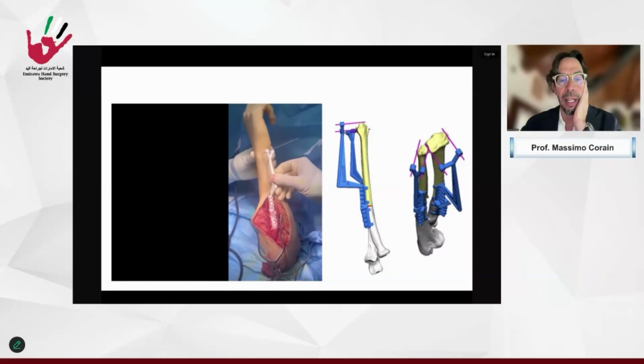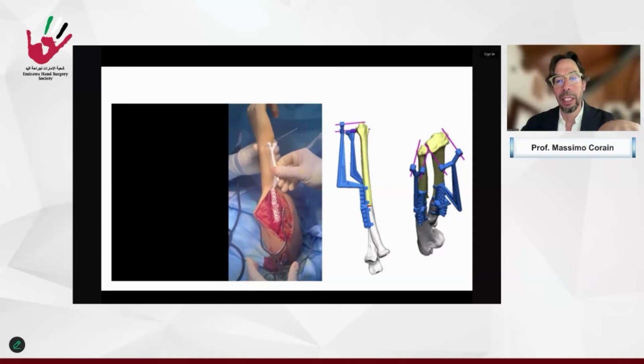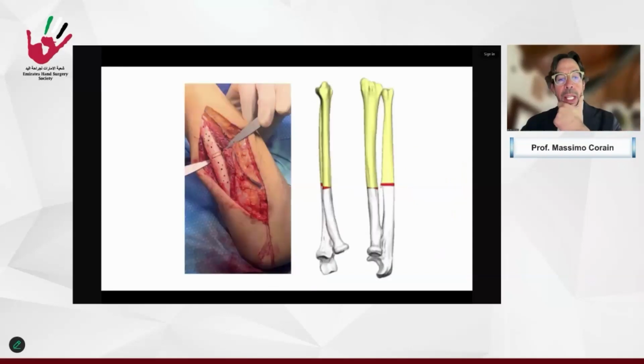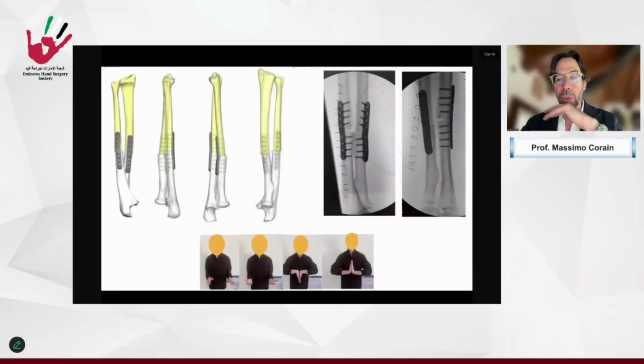For that, we have these pins for the distance to the joint. This is the osteotomy line normally done with piezo surgery to be much more precise than I can, and the hole pre-drilled. And I always suggest interosseous membrane lysis, central band lysis, to give a soft tissue restore of the movement. And this is the final check with a good 80% restoration of the pronation.